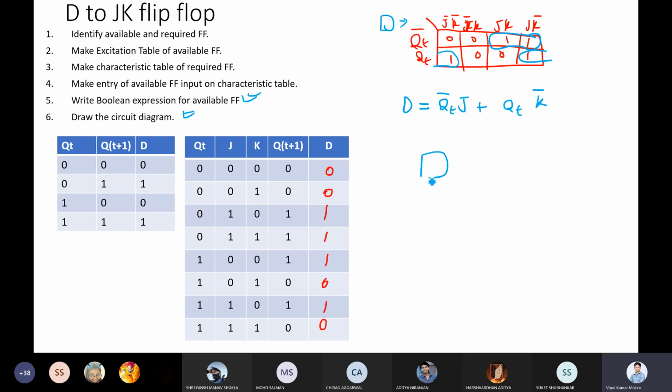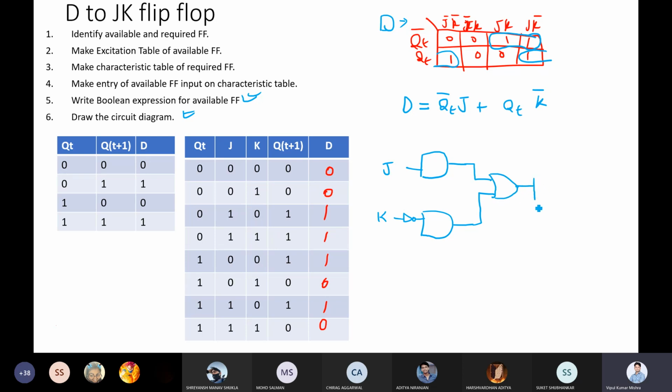So first I will require an AND gate, right? That will pass. I require another AND gate that will also pass. Here the input is NOT of K, right? Here the input is J. Now both will go into the OR. Let me make an OR here.